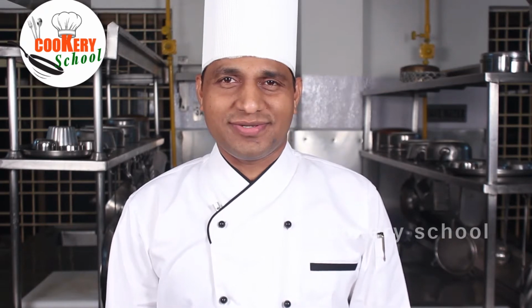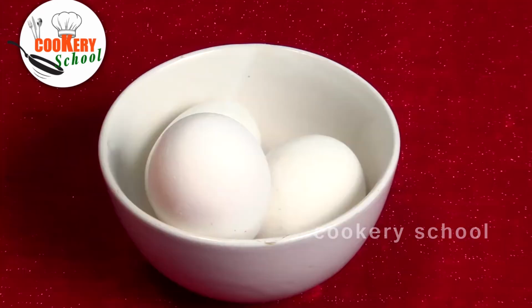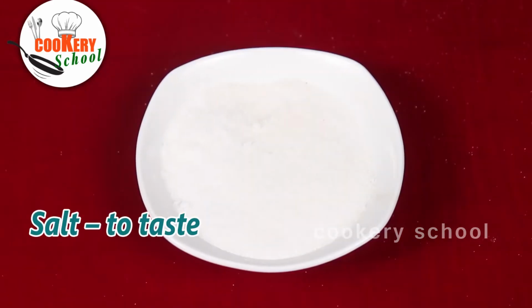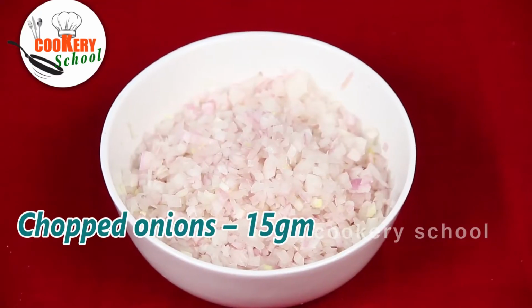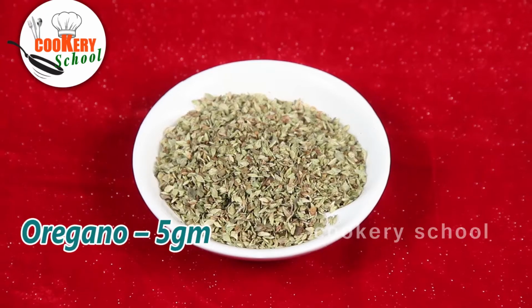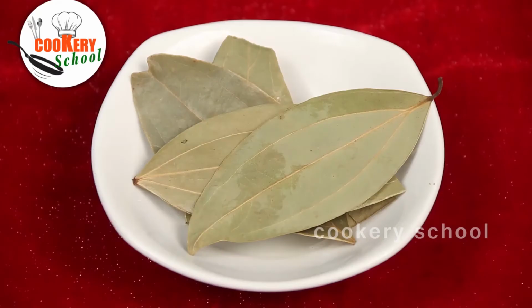Namaskar. Today we are going to learn tortellini pasta with Pomodoro sauce. To make this pasta dough, we require olive oil, refined flour, eggs, semolina, salt. To make the filling, we require pumpkin and some Parmesan cheese. To make the Pomodoro sauce, we require chopped onions, tomato conchas, chopped garlic, oregano, tomato puree, sugar, bay leaf and